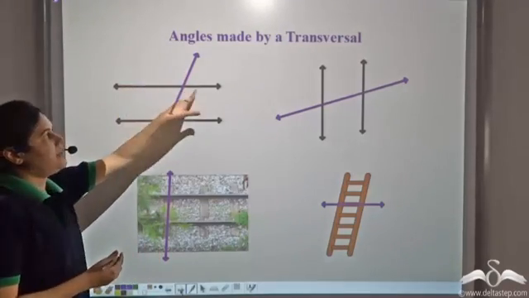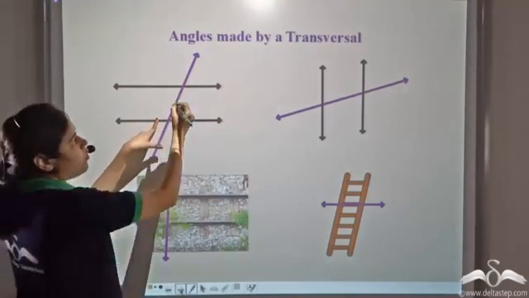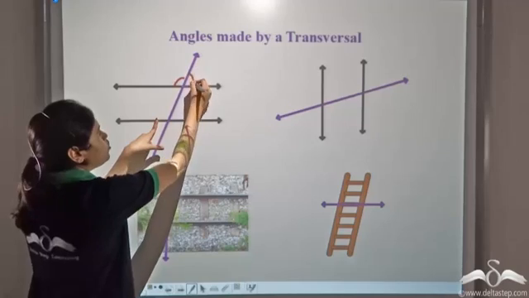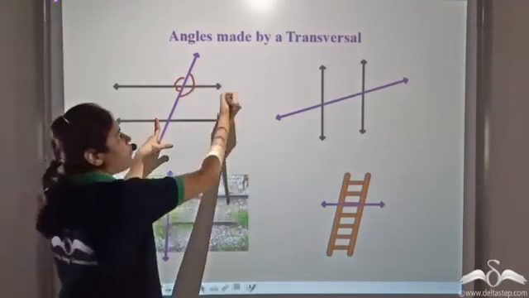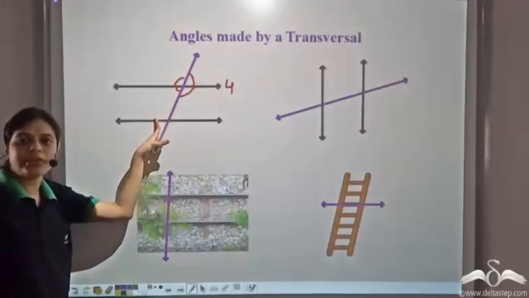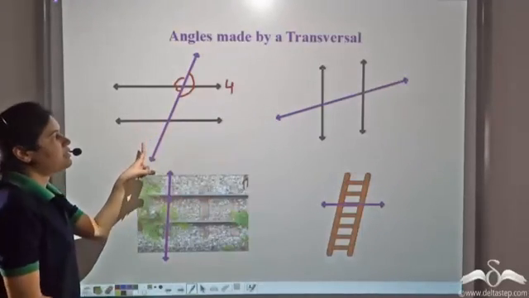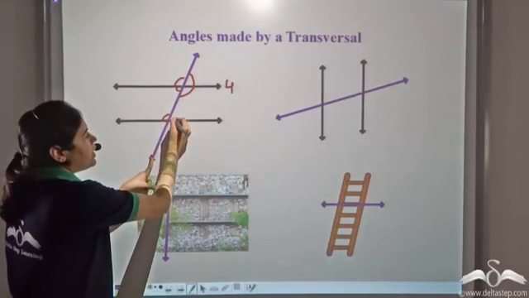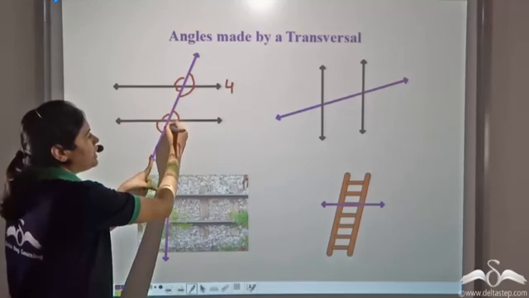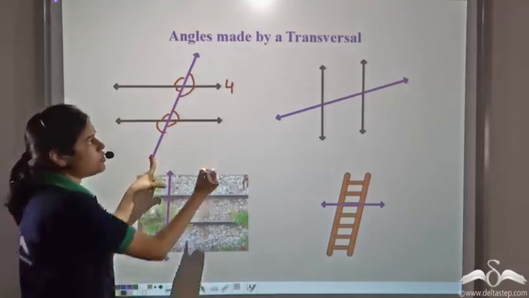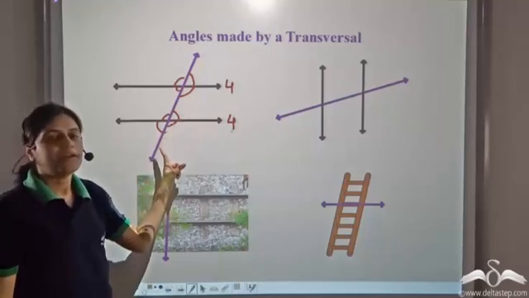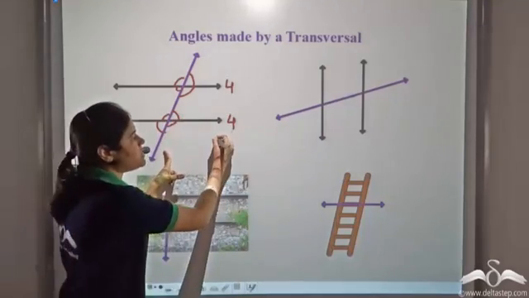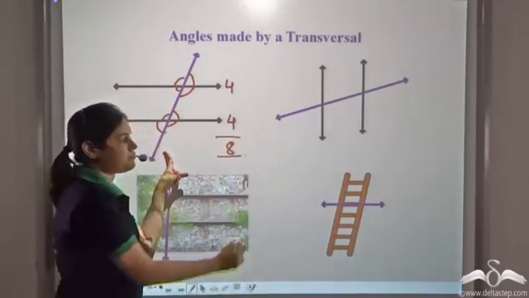So with this line, this transversal forms 1, 2, 3, 4 angles. So it forms 4 angles with this line. With this line, the transversal forms 1, 2, 3, 4 angles. So 4 angles with this line. So in total, this transversal forms 8 angles.